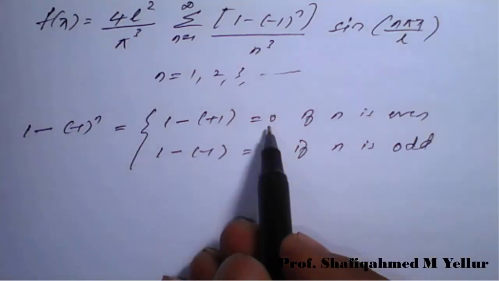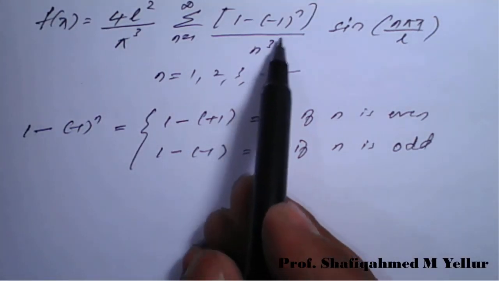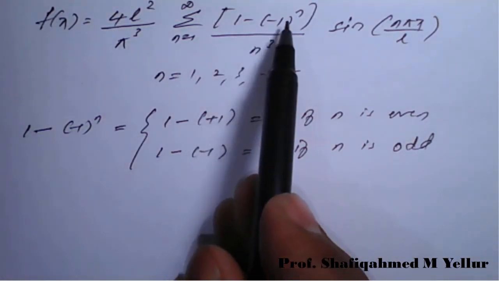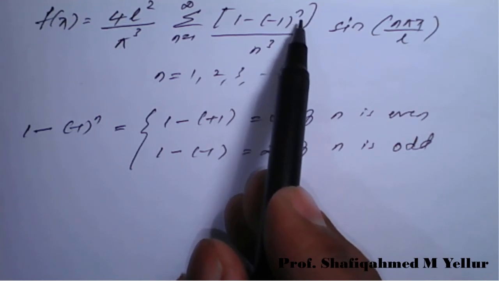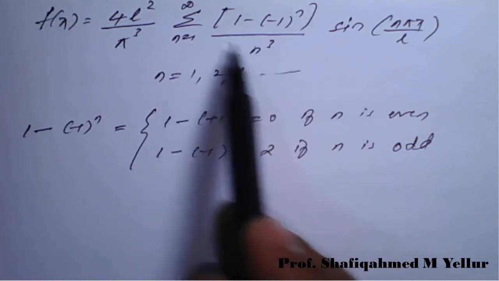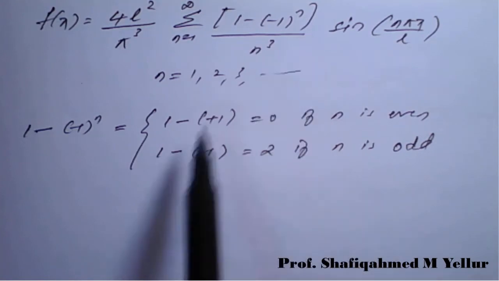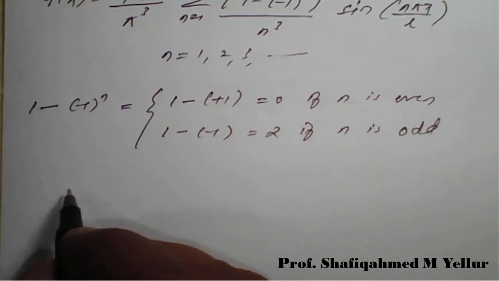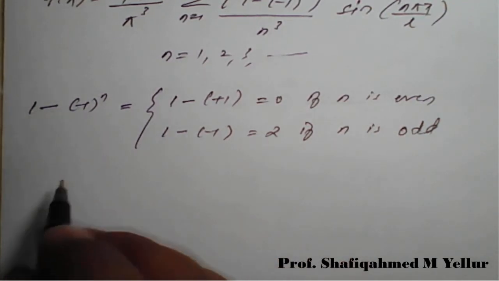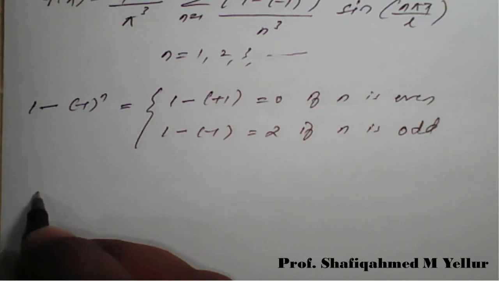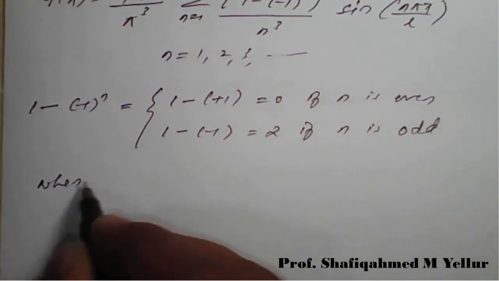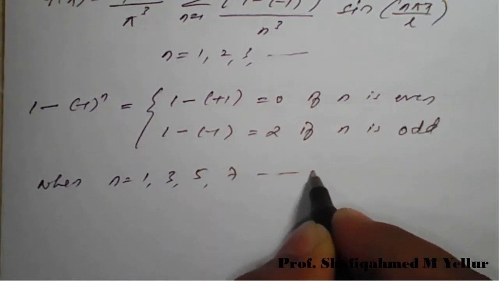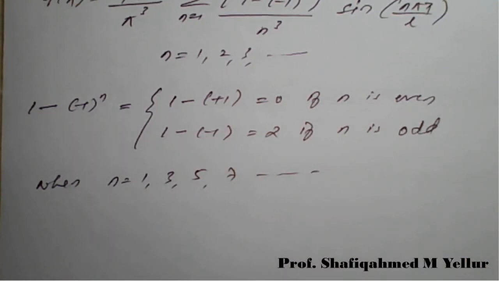So if you put n is equal to even numbers, that is 2, 4, 6, 8 and so on, the entire result will become 0. So what we'll do here, we'll put only the odd numbers. So when n is equal to 1, 3, 5, 7 and so on, we'll get the result as,